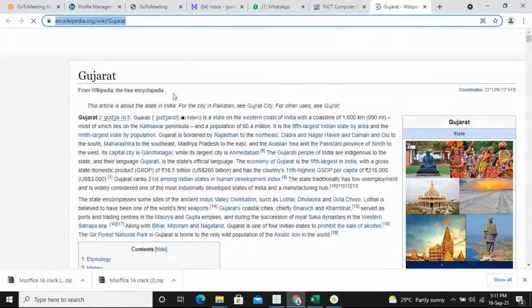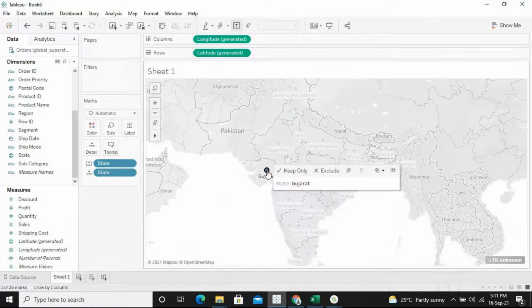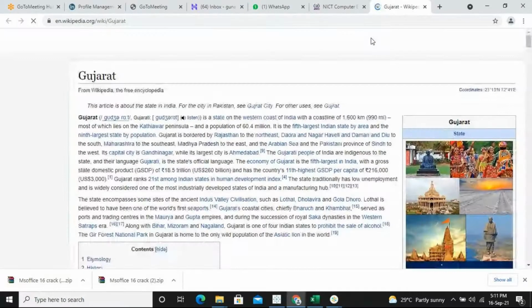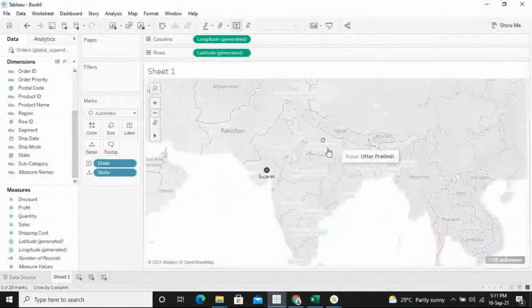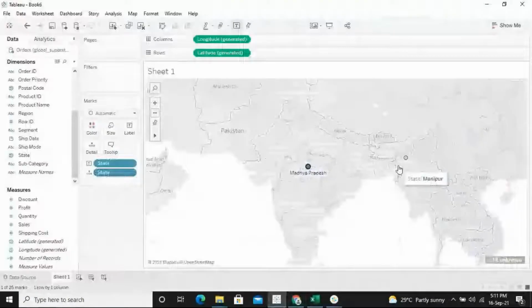Suppose I click on Gujarat, I'm getting Gujarat. I created it for Gujarat, I'm getting Gujarat. And if I click on Madhya Pradesh also, I'm getting the same Gujarat. And if I take Manipur,